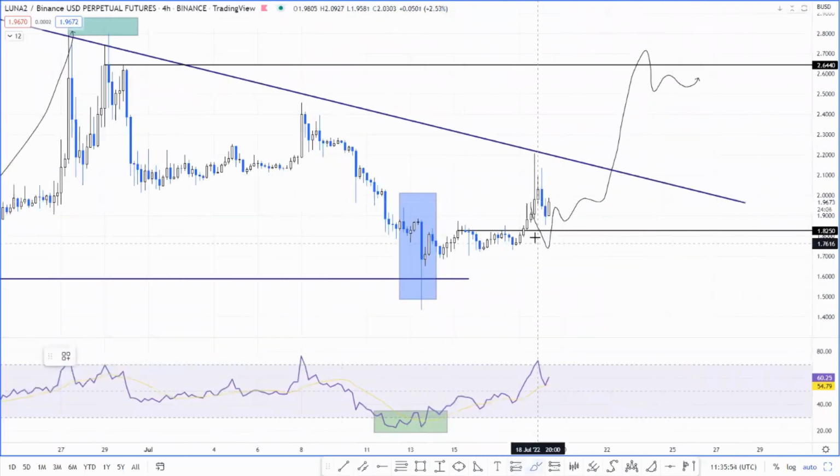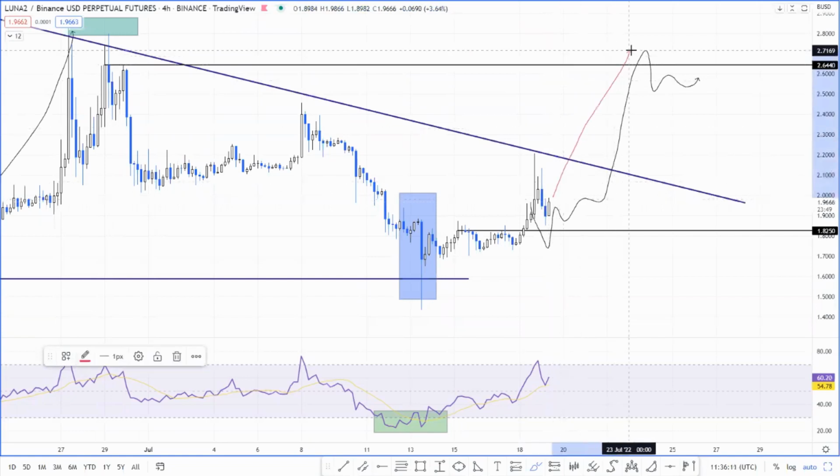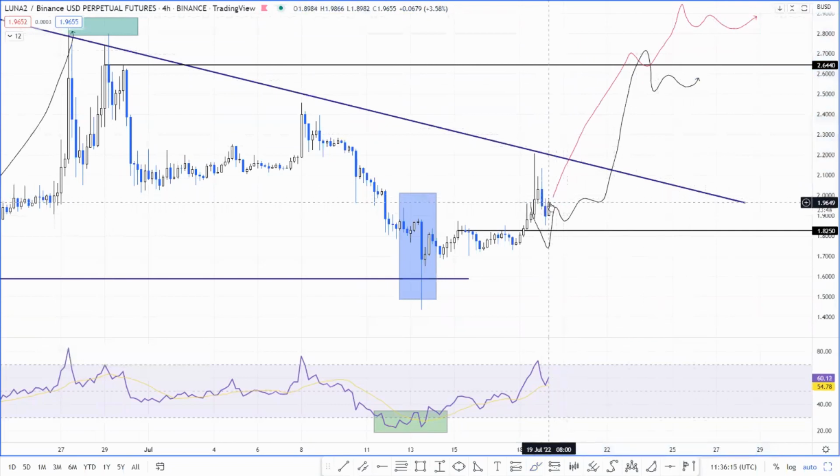I want to long this right away, but I'm unsure about what's going to happen with Bitcoin. If the price stays above the 30-day EMA at roughly 21.6 or 22.6, I'm not sure, I think that would be a good sign, and then I'm going to hopefully long Luna back so that it sweeps about 2.6, perhaps even 2.8. Right now, this would be a